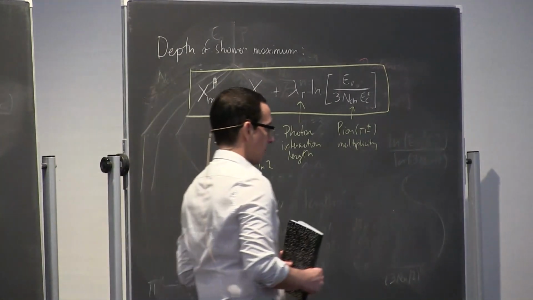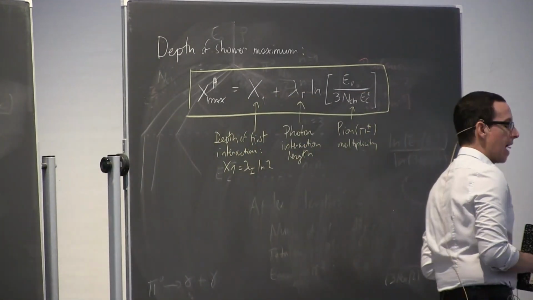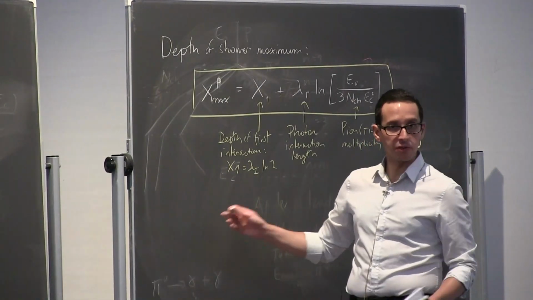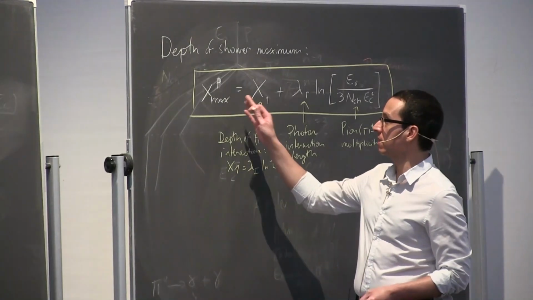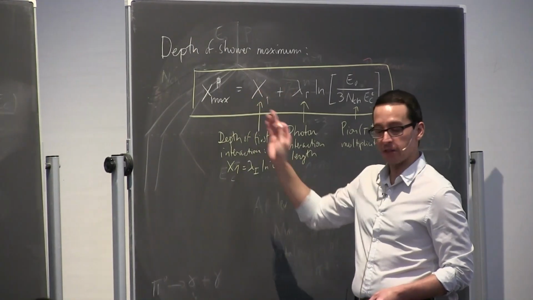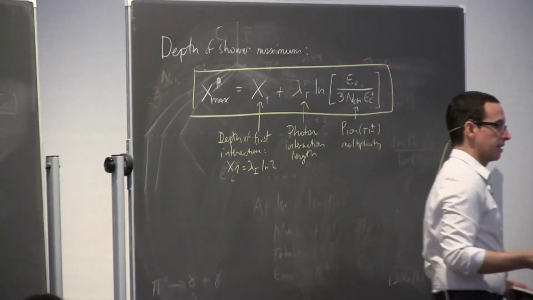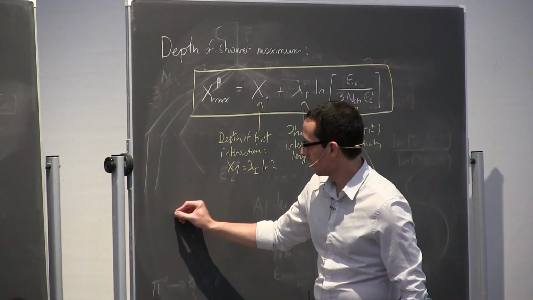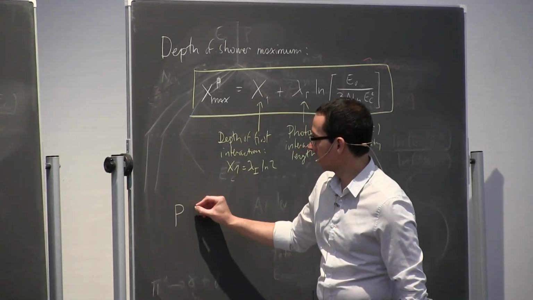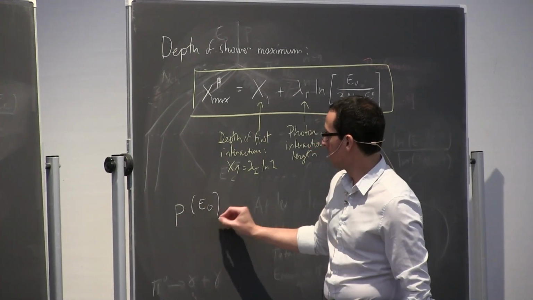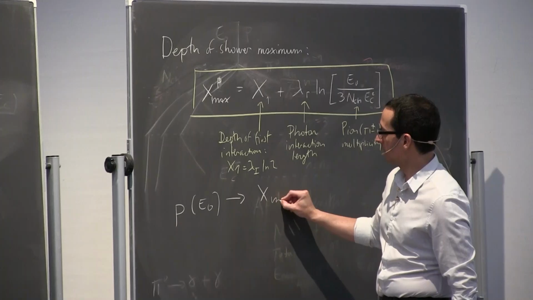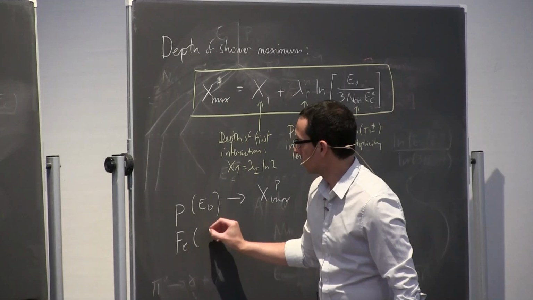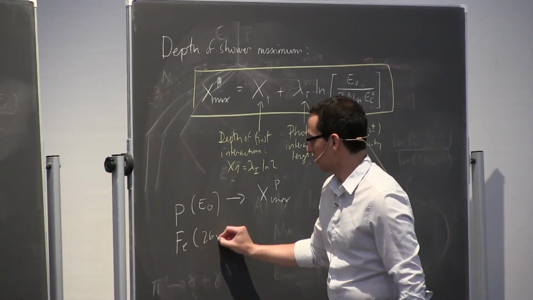Conversely, if we have a higher energy iron, where each one of the protons that constitutes the iron has the energy of a single proton of energy E0, then that iron will interact higher in the atmosphere. So let me put in numbers what I mean here. So we have a proton of energy E0. It will interact at some depth in the atmosphere. If we have an iron of energy 26 times E0,